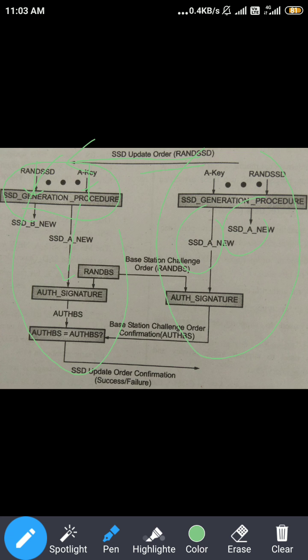Random BS is a 32-bit data number. The MS sends random BS to the BS on the access channel or reverse traffic channel. Previously, in the previous lecture, I told you that the access channel is used for authentication, call connection, or registration. So that process is carried out with the help of the access channel. So here also we need to